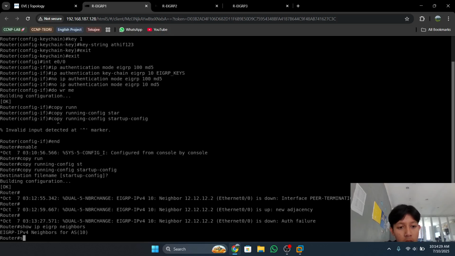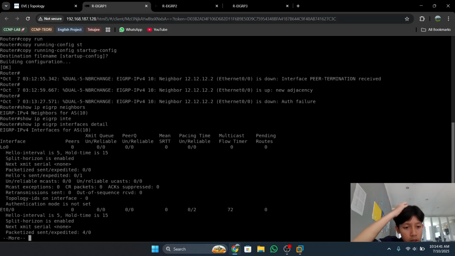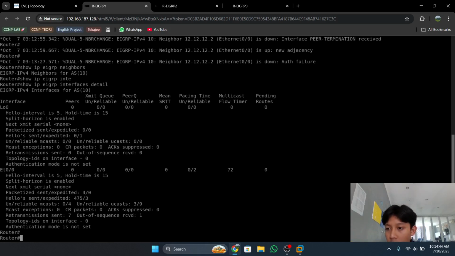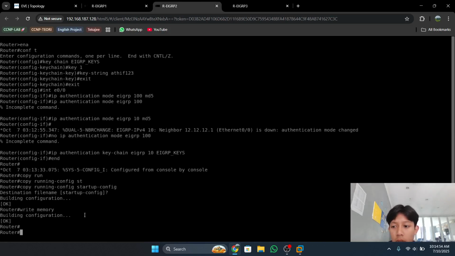If it's working, you will see the other router in the list. Then type show ip eigrp interface detail, and you can see the authentication mode is MD5 and the key chain is EIGRP keys.